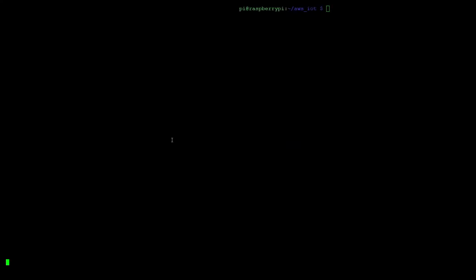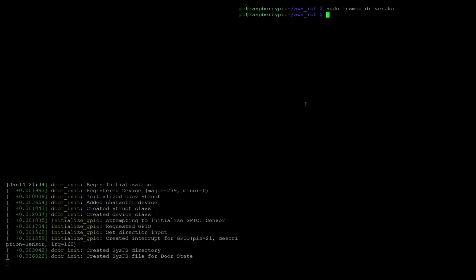The two terminals on the screen, the left being a dmesg output, which is going to print out all of the messages that are printed from the kernel, and the second is where I'm going to be showing you how the user space application and the kernel work together to read the information from hardware and to publish it to the cloud. So I'm going to first load the module, and if I do that, as you